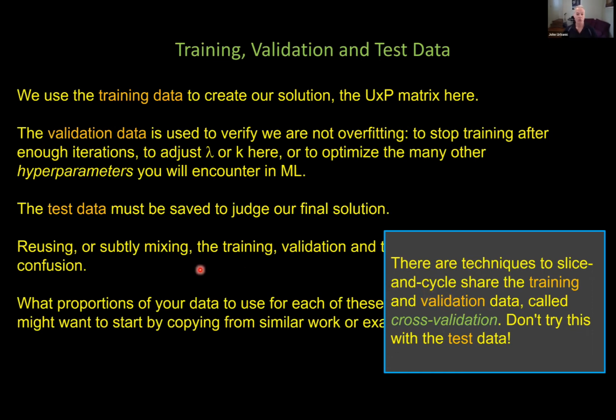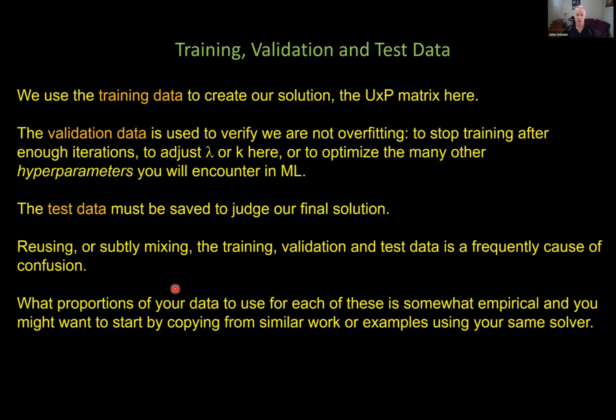So now, what proportions of your data do you want to use? That's the obvious question that comes up. And the answer is, once again, this is a hyperparameter that doesn't have a set answer. As soon as you start to do this problem, you say, okay, now how much of my data should I set aside for my training data, my validation data, and my test data? How should I divide those up? And there is no set answer.